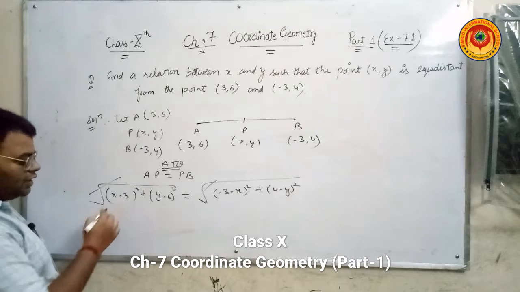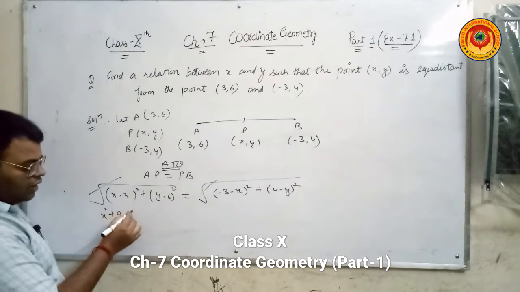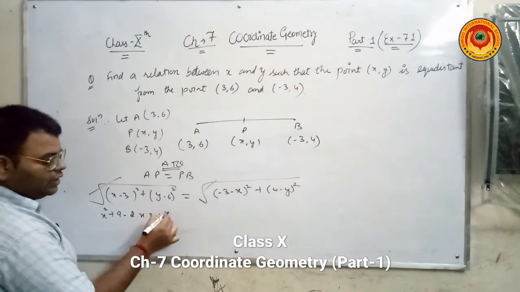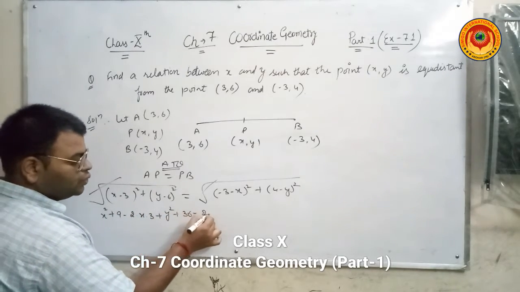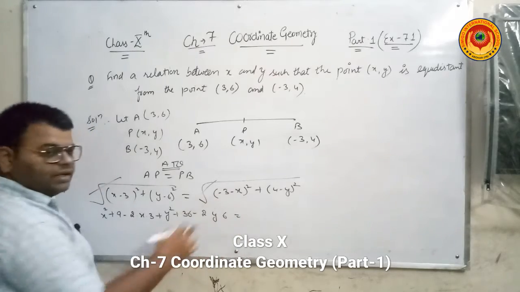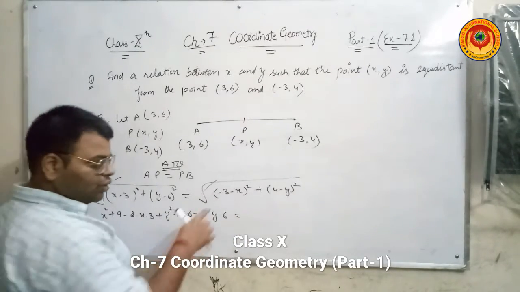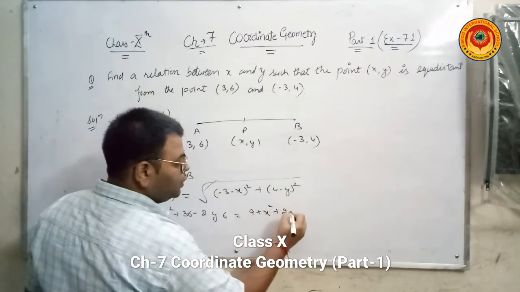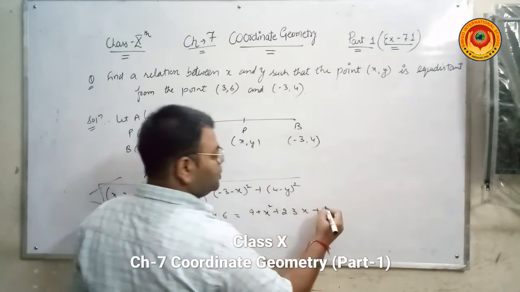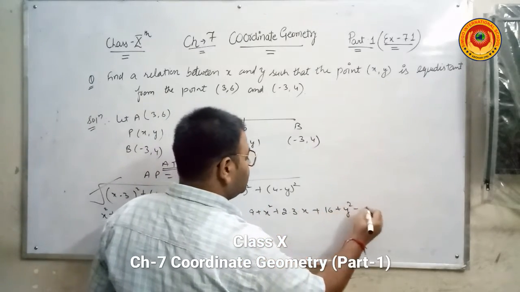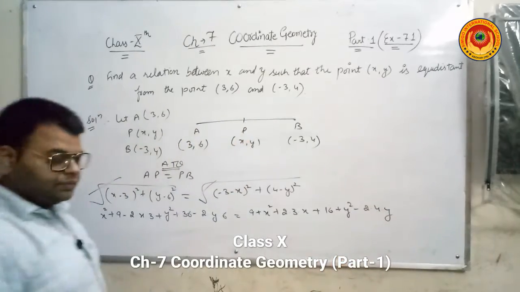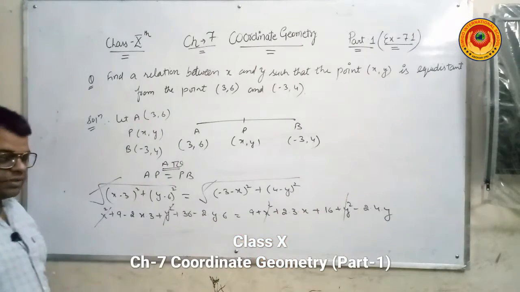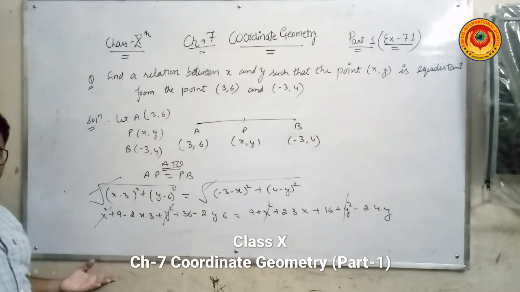No issue. (a minus b) whole square is a square plus b square minus 2ab. Here, the minus minus sign uses the property of positive, because both become positive as in the last question. So (a plus b) whole square is a square plus b square plus 2ab, and (a minus b) whole square is a square plus b square minus 2ab. So x square and y square both cancel, same sign. If you shift to one side, signs become opposite.